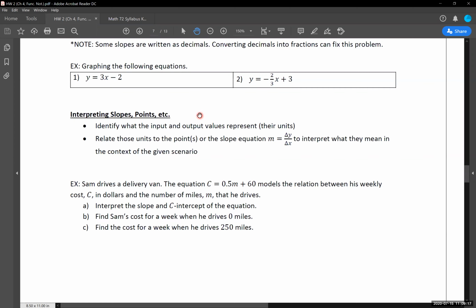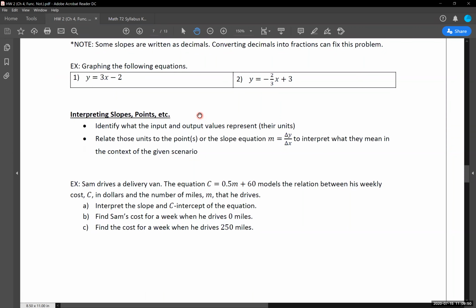Well, is that number 3 a dollar value? Is that how much money I'm making every single week? Is that, I don't know, how many steaks I'm cooking? We are trying to interpret what that number 3 means in the context of the problem we are working with. So with interpretations, you're rarely, if ever, going to have a numerical answer. You're probably going to have a small sentence written out for yourself.